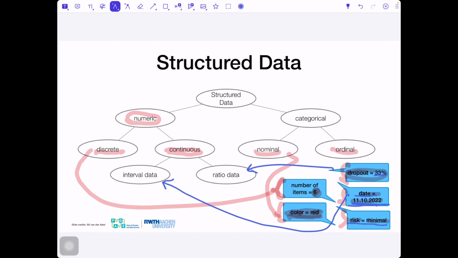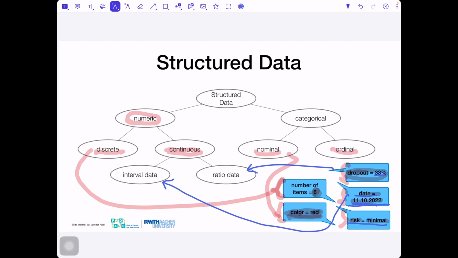Other questions, what about the risk? Is it numerical or categorical? I think in this case it seems categorical, but you can represent risk numerically as well.